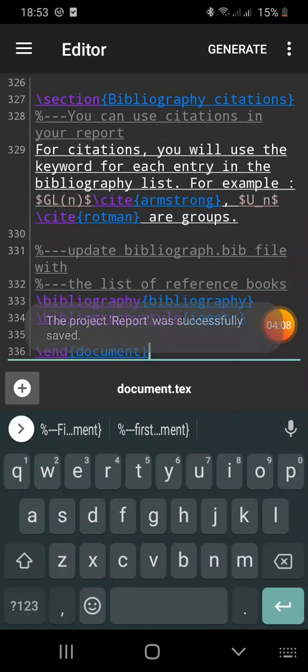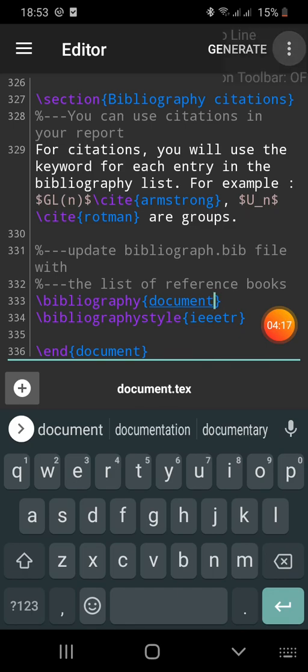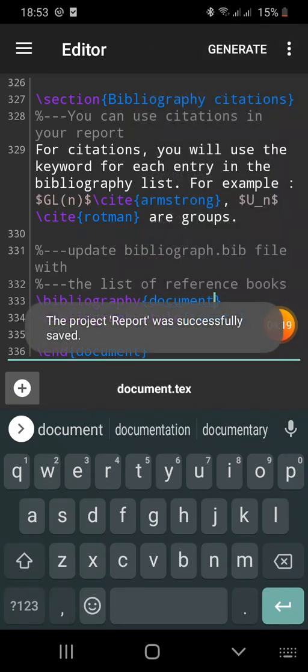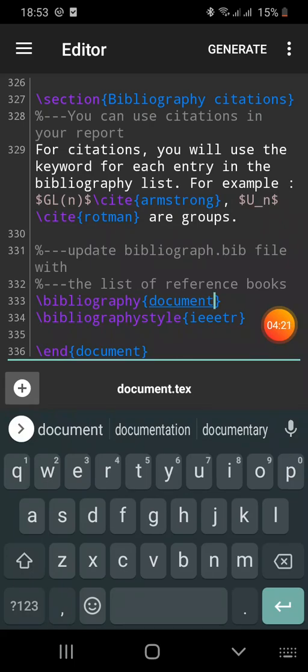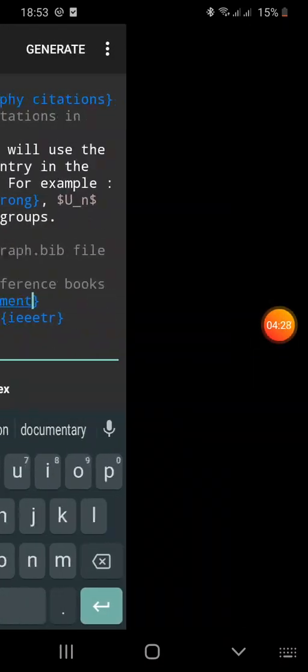And you need to remember that you need to change this bibliography to document. Now save it again. Now once you click generate, depending upon the speed of your internet connection, the report PDF will be generated.